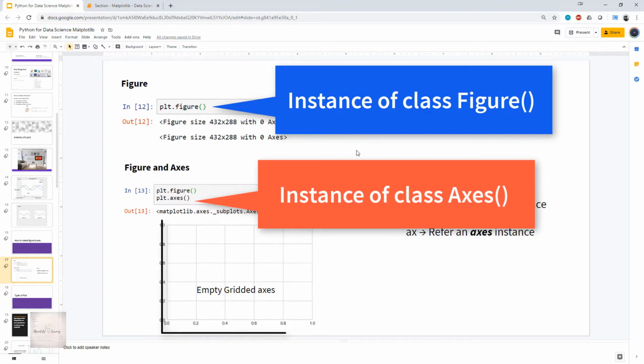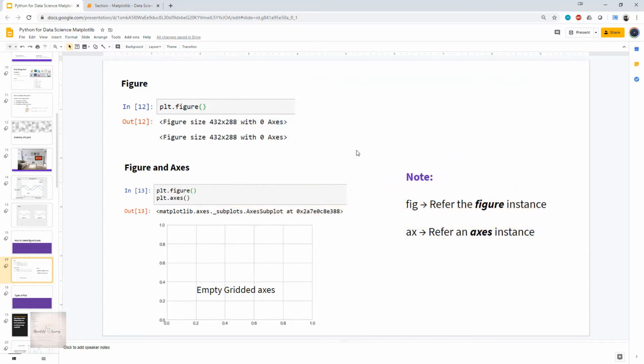It is actually a bounding box with ticks and labels, which will eventually contain the plot elements which build our visualization. Okay, so throughout our learning journey, we will commonly use the variable name fig to refer to a figure instance and the variable ax to refer to an axis instance. Fine? Yes. Now, once we have created this axis, we can use this ax.plot function to plot some data.